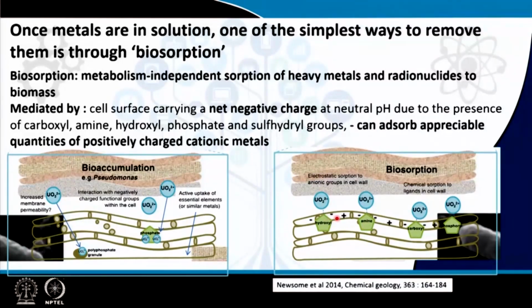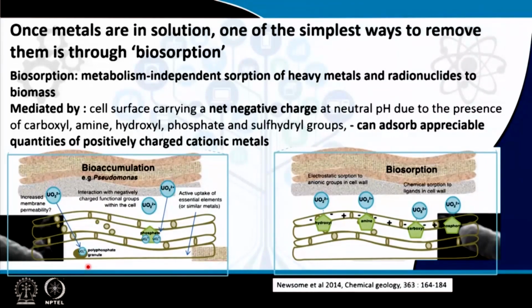On the contrary to this, bioaccumulation, which is very well studied in Pseudomonas and other species, has been found to be facilitated by internal transport. Different types of metals have the property to penetrate the cell, like uranium, which is very toxic, and has the ability to penetrate the membrane and enter inside the cell, and there the cells are able to precipitate or sequester this internal uranium, UO2 plus, through polyphosphate granules, because the cells need to have some mechanism to combat the toxic effect of uranium.